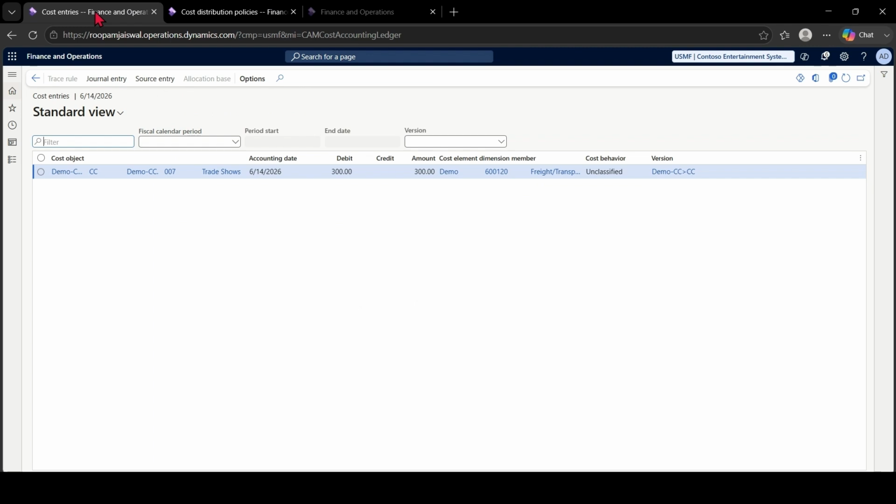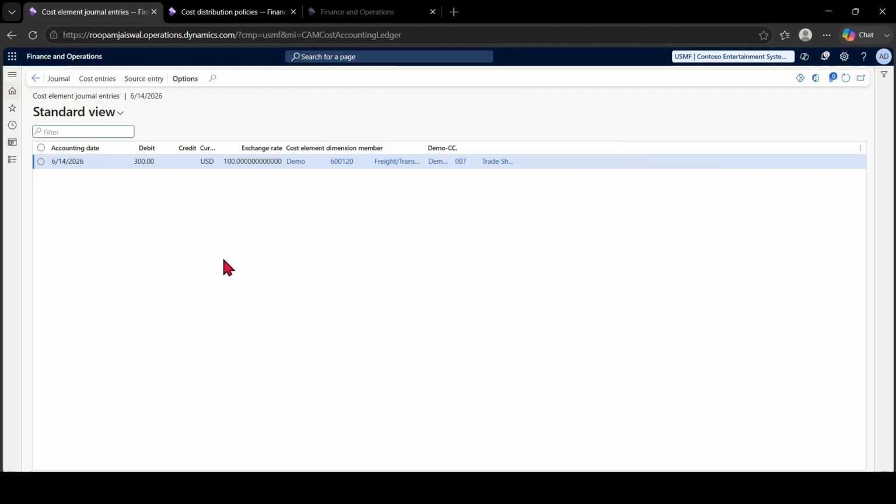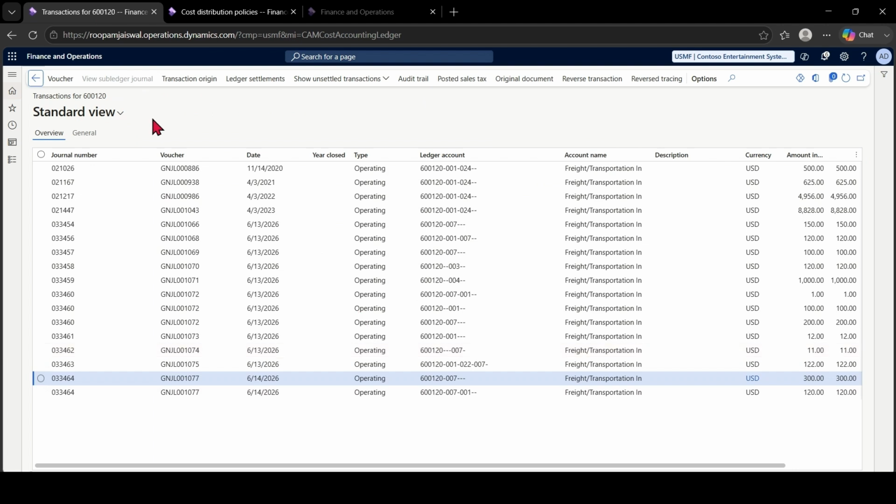When you come to cost entries, click on the journal entry. You can click on the source entries, and you can see the transaction in this account; you are able to see the voucher, you are able to see the GL page.